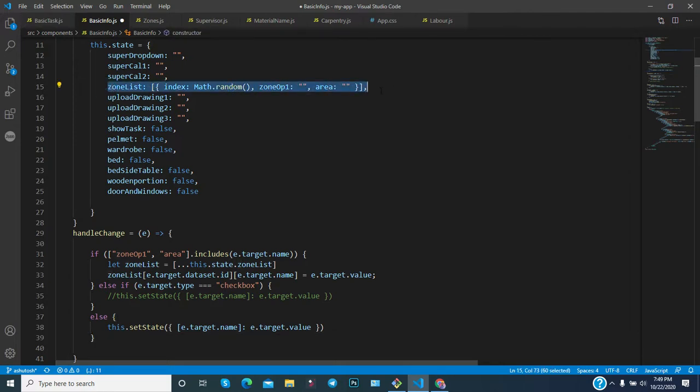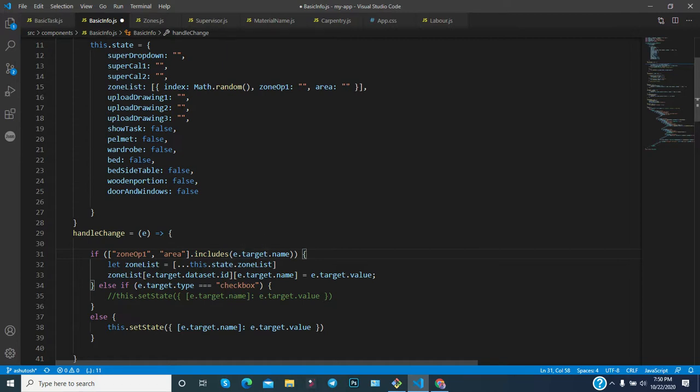It means this method will not work. We need to make it dynamic in a different way. So that's why we have written the if condition, and whatever changes are made on that particular element, you will get the value of the name. Okay, so e.target.name means you will get the name of that particular field.